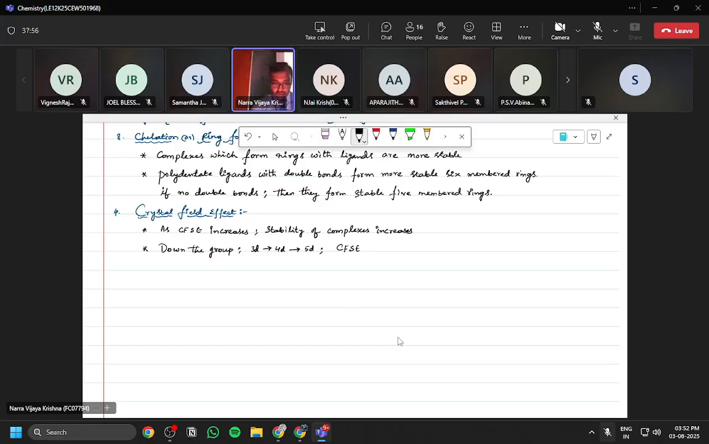Delta naught, right? This CFSE, crystal field splitting energy. Will you understand now? Better I will write delta naught if it is octahedral complexes. Increases by 50%. Means for a particular ligand, in case of 3D, if the delta naught